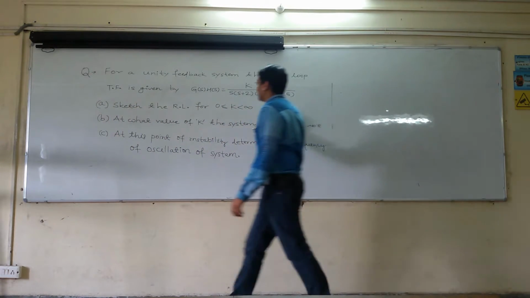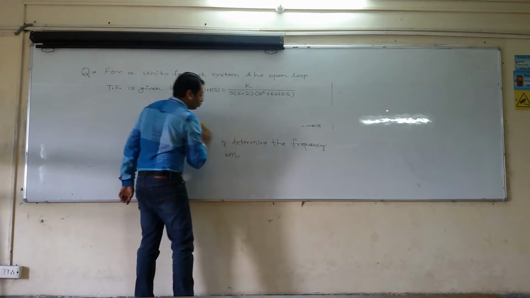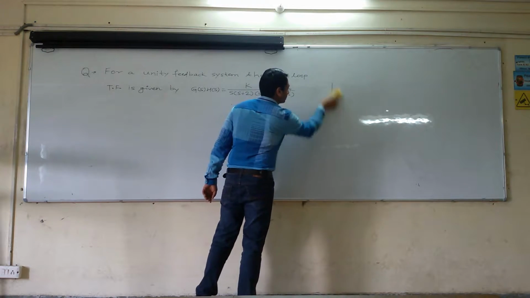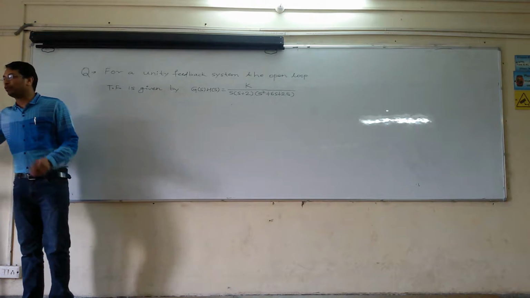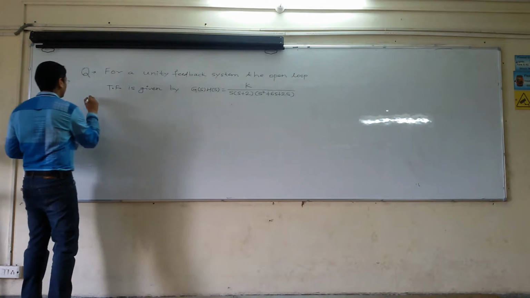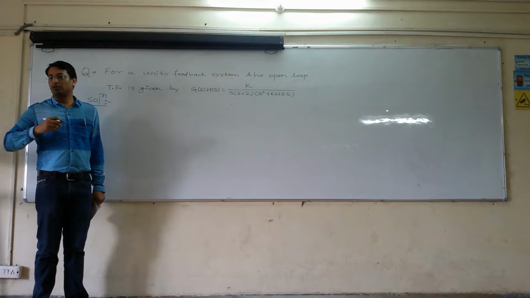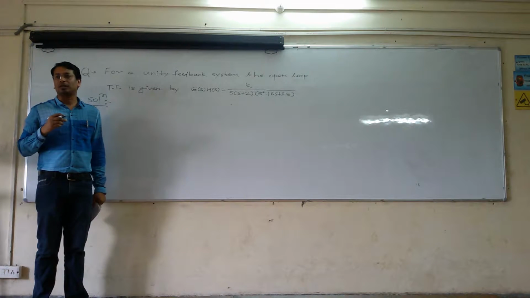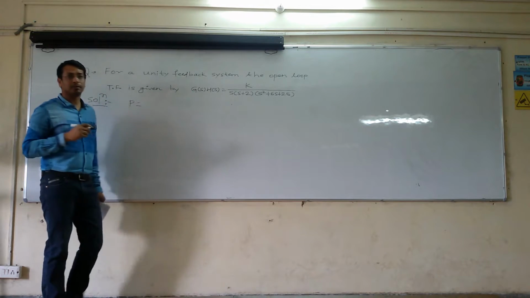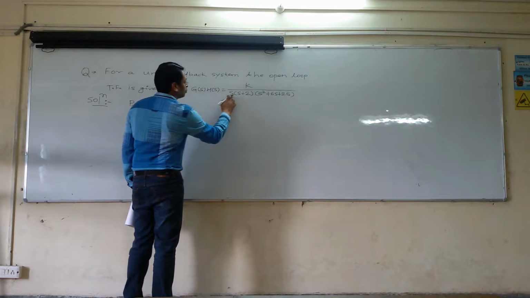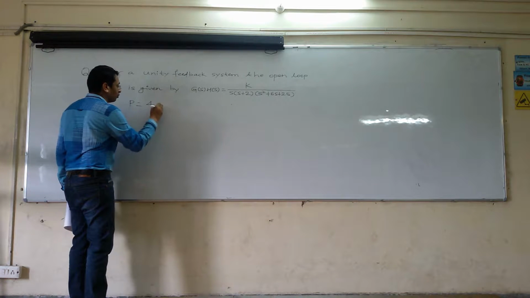Let us start. The first rule talks about the symmetry of the root locus, which is of no use here. First we have to find the value of capital P, capital Z and capital N. So what is the value of capital P? Capital P is the number of open loop poles. So P is equal to what? 4: s equal to 0, s equal to minus 2, and the two poles from here. So P is equal to 4.